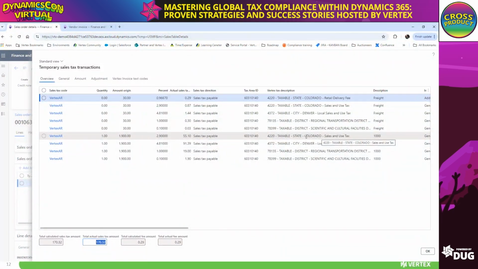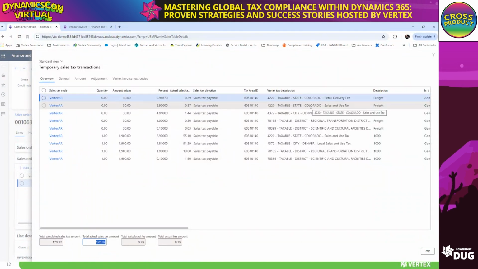So keep in mind, as you evaluate solutions and your requirements, it's one thing to have the rates to calculate the right taxes, but there are all kinds of nuanced situations, like in this case the retail delivery fee, which is only subject to your shipping charges, that you have to take into consideration. With Vertex, any of those nuances are totally handled through our content. The system just knows that, hey, this is shipping, apply only the retail delivery fee to that revenue, not everything else. There are many other situations like tier taxes in Tennessee that you need to be aware of, but know that with Vertex, those would be fully supported.